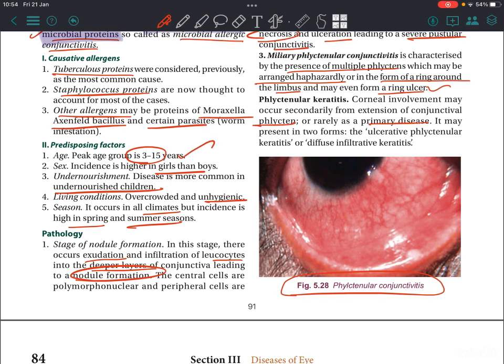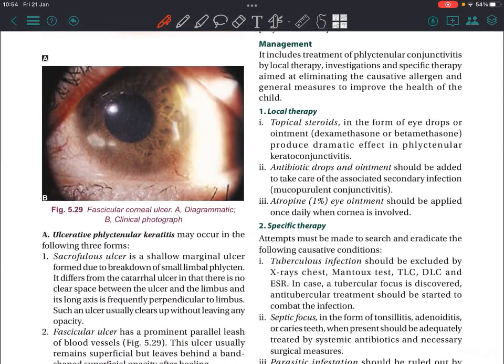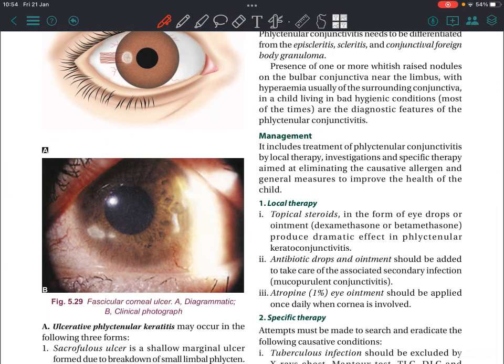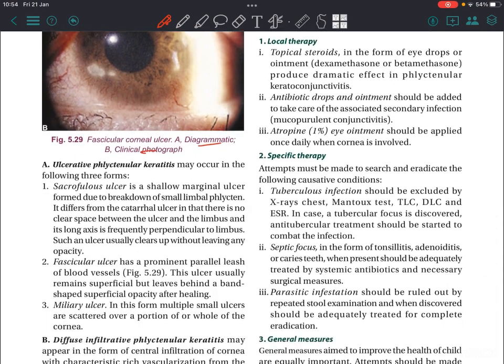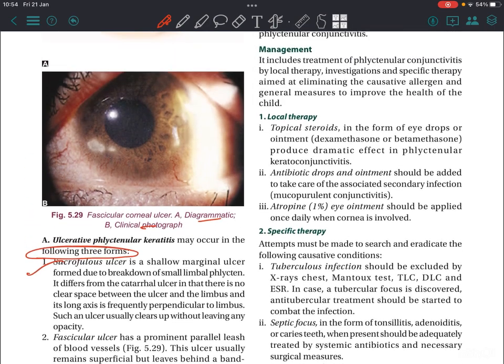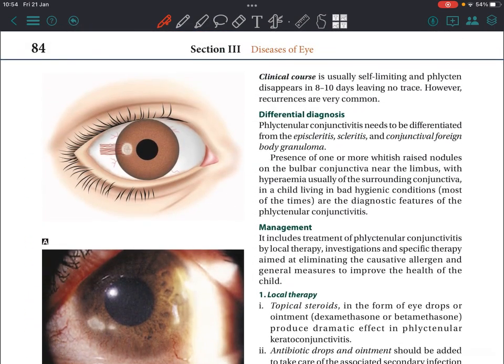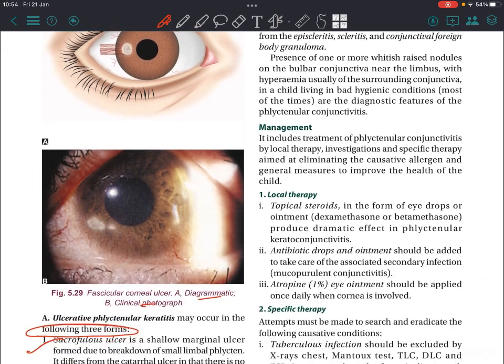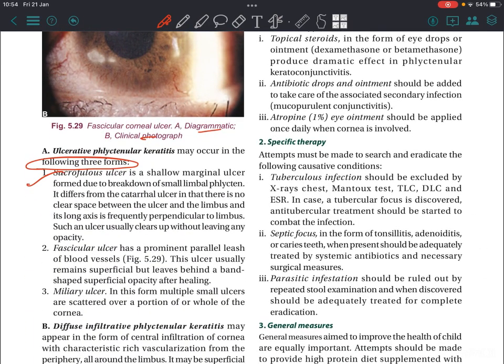Phlyctenular keratitis: corneal involvement may occur secondarily from extension of conjunctival phlycten or rarely as a primary disease. It may present in two forms: ulcerative phlyctenular keratitis and diffuse infiltrative keratitis. Fascicular corneal ulcer, diagrammatic and clinical. Ulcerative phlyctenular keratitis may occur in the following three forms: sacrophilous ulcer,